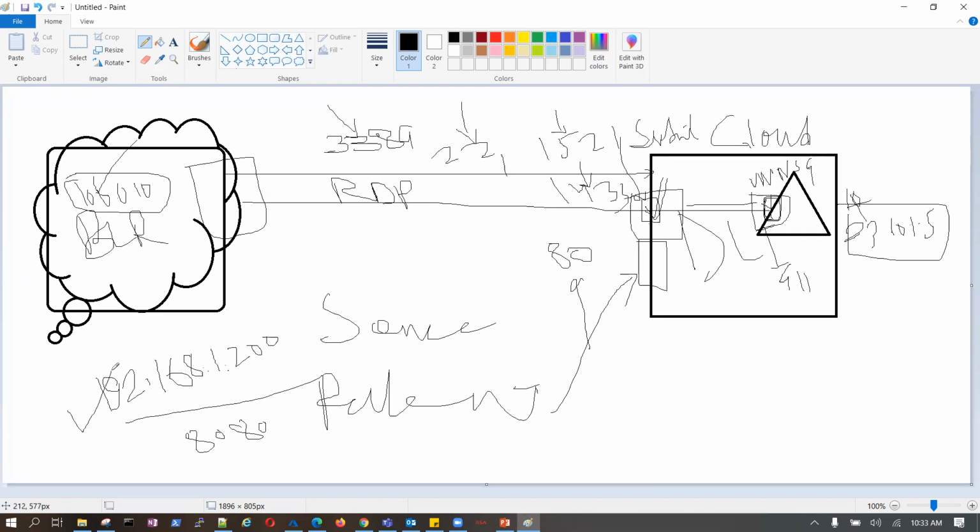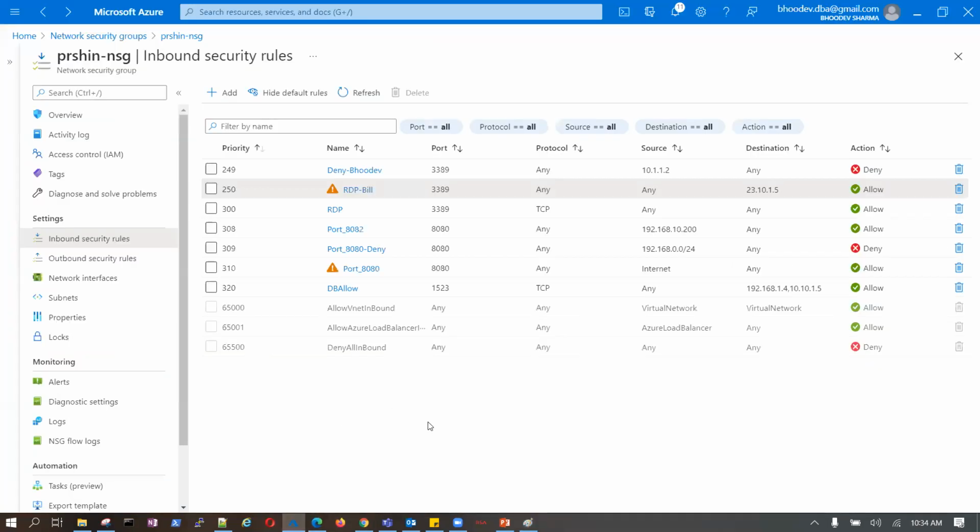So what does this IP become? Source, right? What port do I want to block? 8080. Now please tell me what entry, with what sequence, should I create so that my traffic gets blocked.